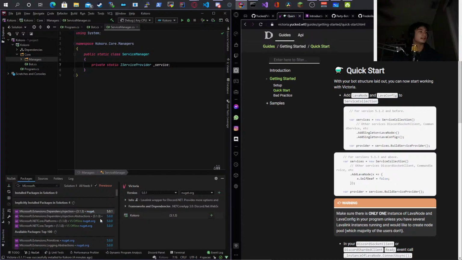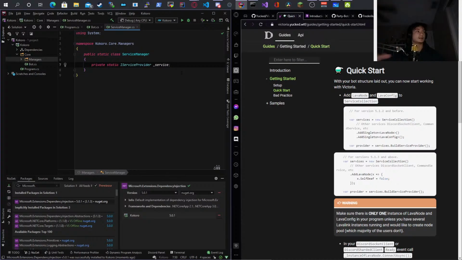I need that for services so I can actually get the correct service because of how this works. It's really weird that you can't really get the service from the .GetService. You actually have to use the .GetRequiredService. I don't know why it's like that. I don't know if any of you guys know why. If you do, can you explain that? Because I have no clue why they have two methods.